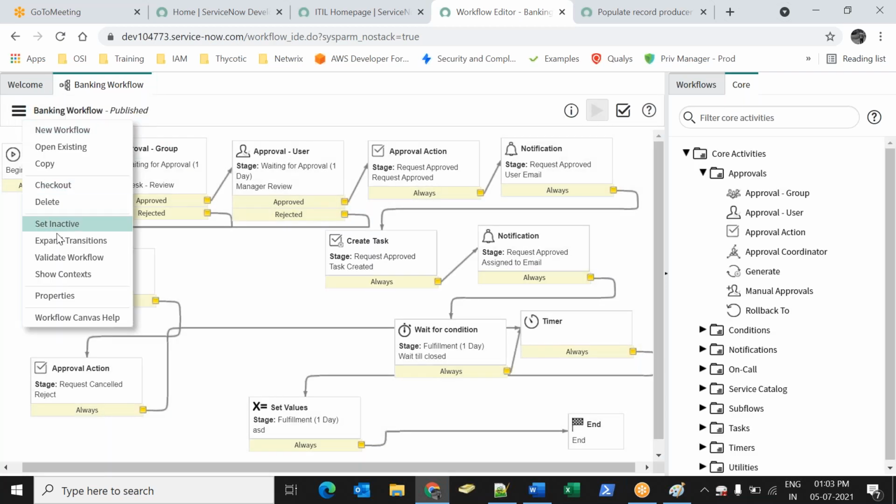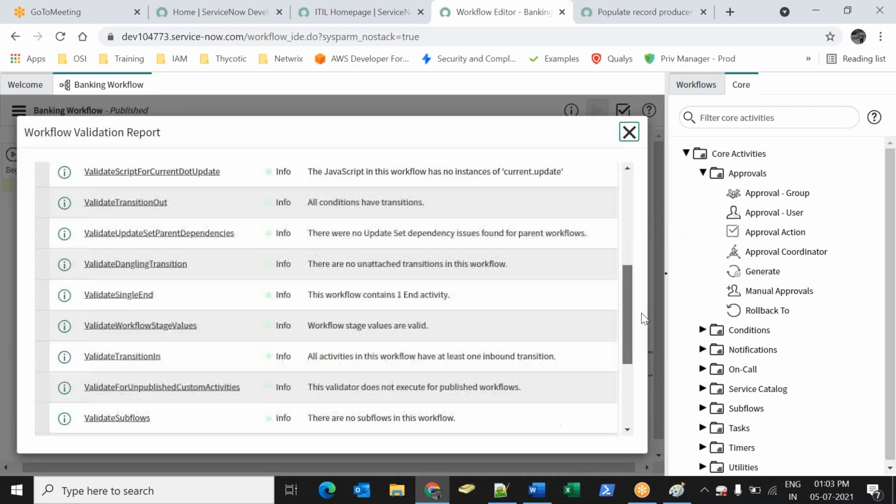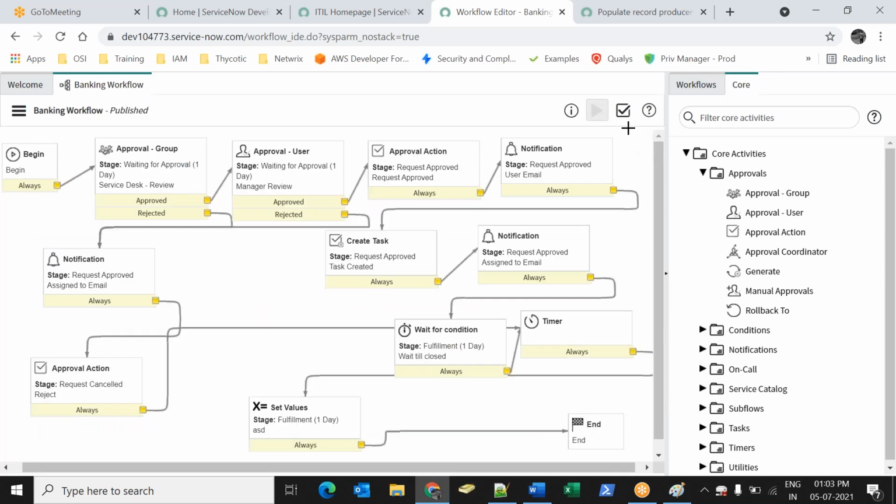It is always important to validate your workflows for any errors. All infos. Perfect, no errors. Fair enough. Now you have defined your workflow. Did you add this workflow to the catalog item? No, right? So now let's go